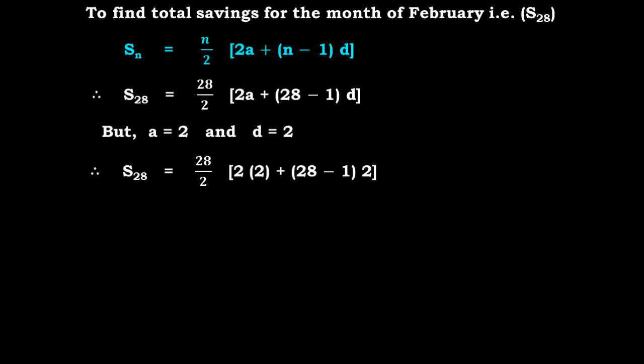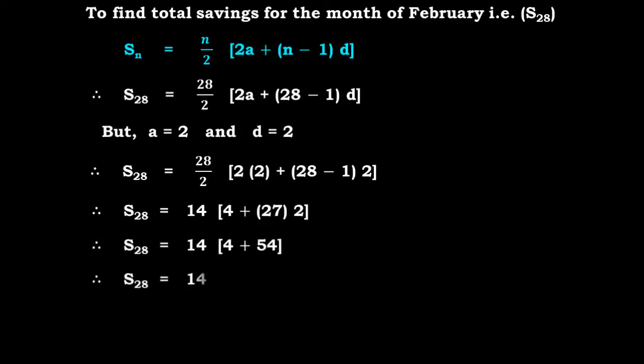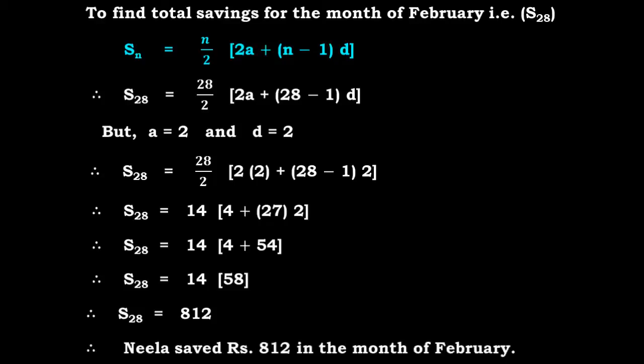So S28 is equal to 28 upon 2 into bracket 2 into 2 plus 28 minus 1 into 2. So 2 into 2 will become 4, 28 minus 1 is 27, so 27 into 2 is 54, and 54 plus 4 is 58. So S28 will become 14 into 58, that is 812. So Neela saved rupees 812 in the month